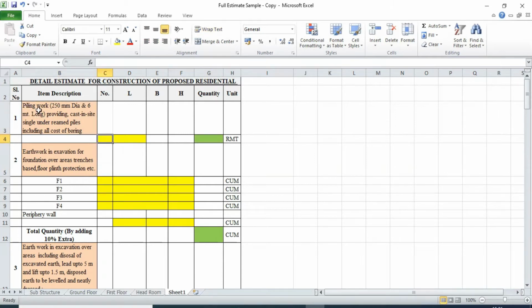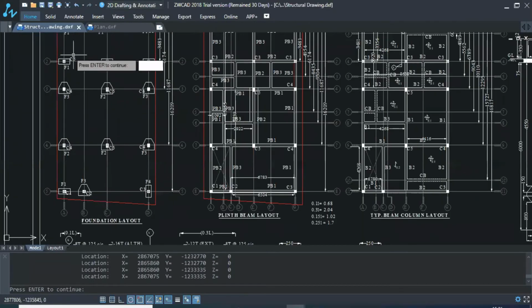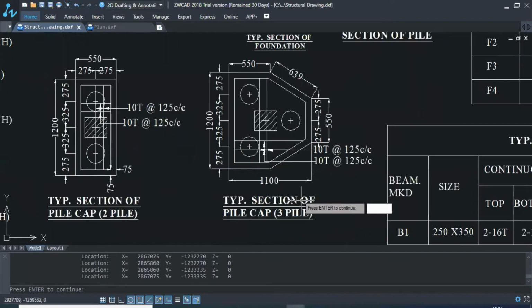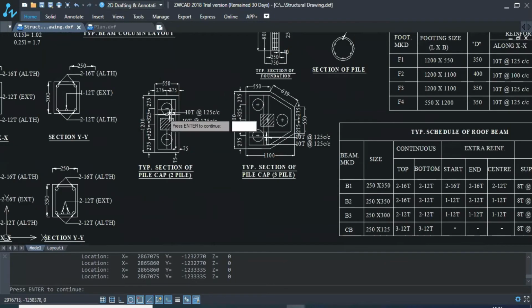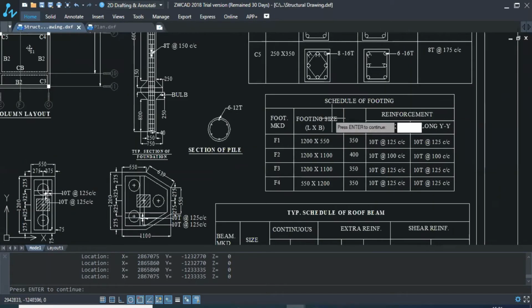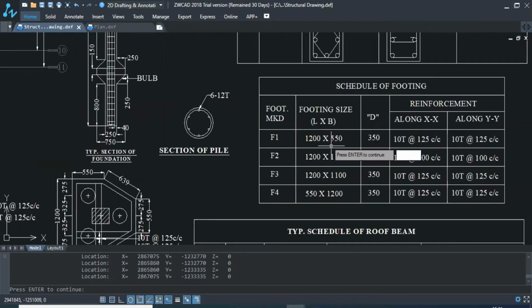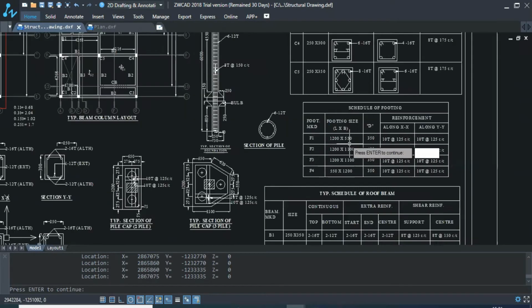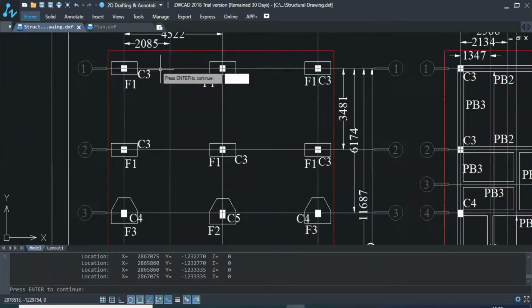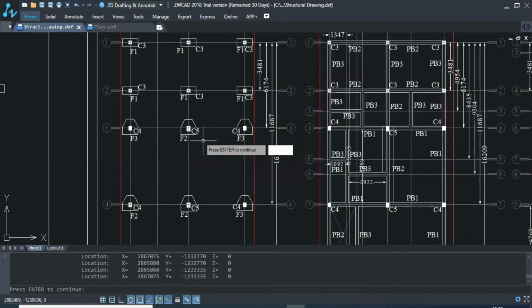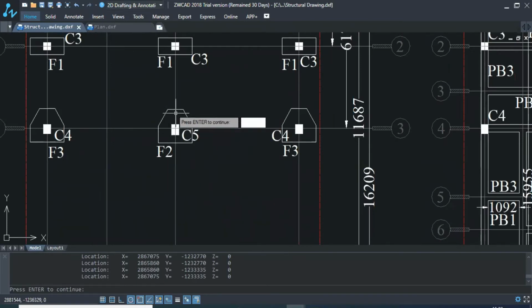For calculating piling work, we should know how many types of piling work there are. First is 3 pile and second is 2 pile. You can see here the size is F1, 1200 into 550. This is the footing size. So friends, at first we will see how many 2 piles and how many 3 piles we have.